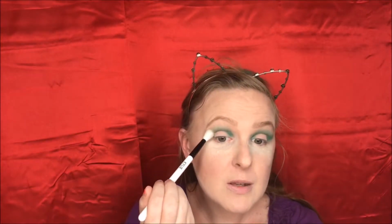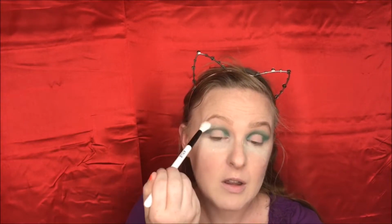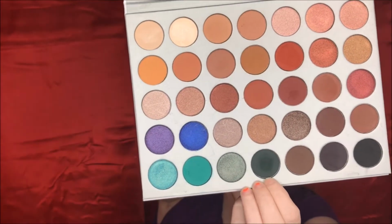I'm gonna take a fluffy brush that is clean, and this is the Kylie blending brush, and I'm just gonna kind of go over that and blend it out. I actually really like these Kylie brushes. It even stained my brush. So I want to add a little bit of depth. So I'm gonna go in with this emerald looking color called Enchanted, and I'm gonna add that to my inner